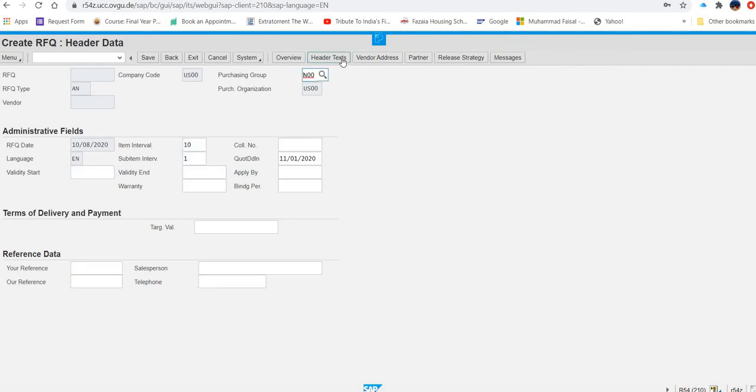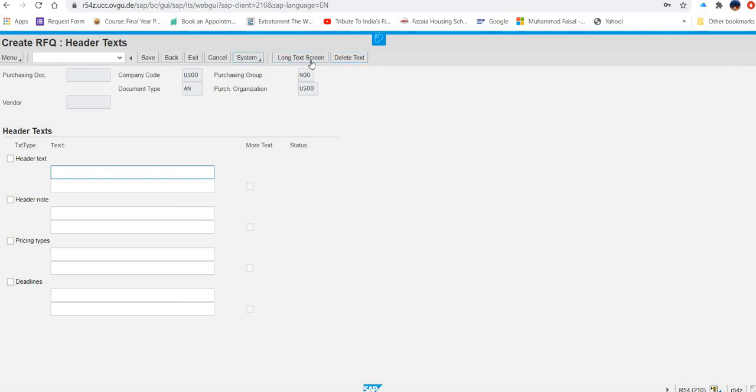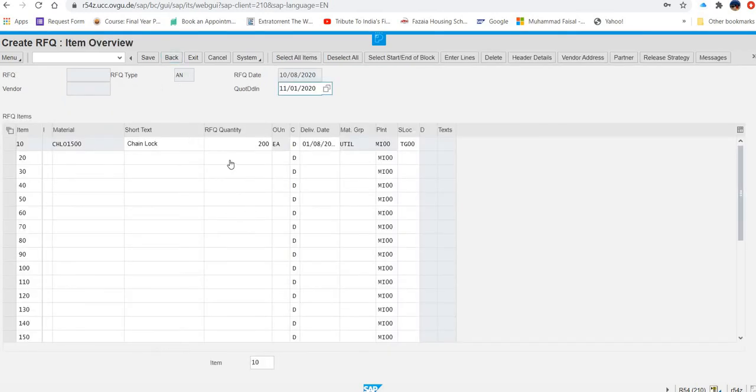Let me just check. Enter text. Now go back. Okay. So we are here. Now what they are saying, you have to enter what? RFQ1 and then your number as call number. So where is that call number?